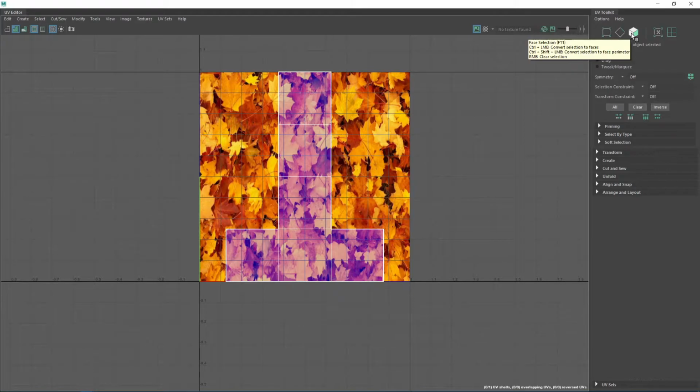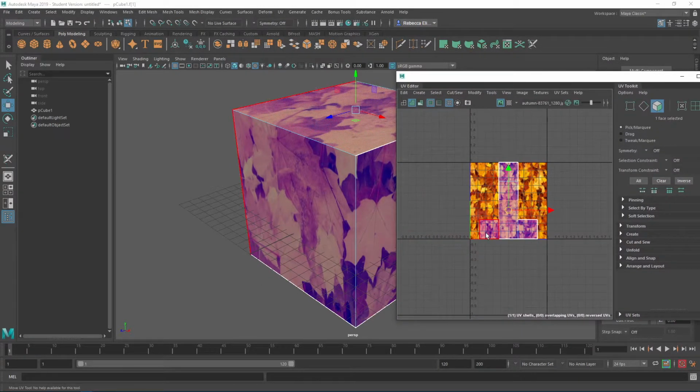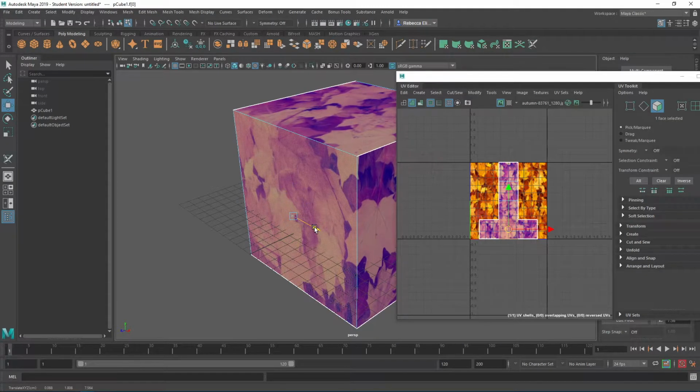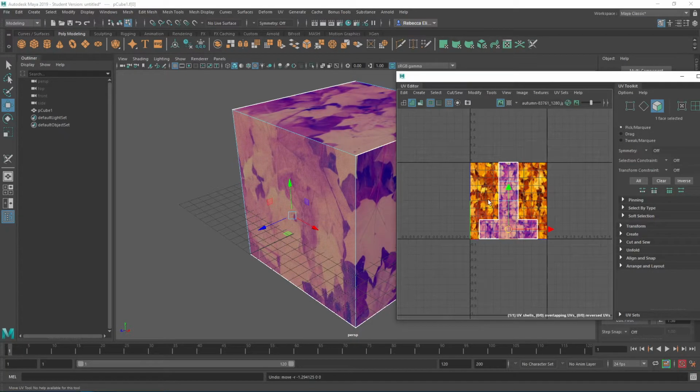In the UV toolkit on the right hand side, you actually have several similar options here where I can come in and select specific faces. And when I do that, and it might be a little hard to see here, but if you see whenever I'm clicking, you see how I'm also selecting that same face on the shape here, which means I can come in and move that around. Go ahead and Control Z that though. For right now, I would avoid doing that, but what you can do is marquee select all of